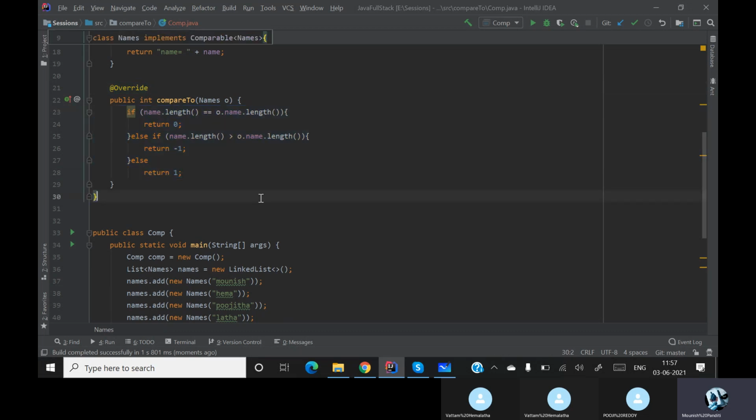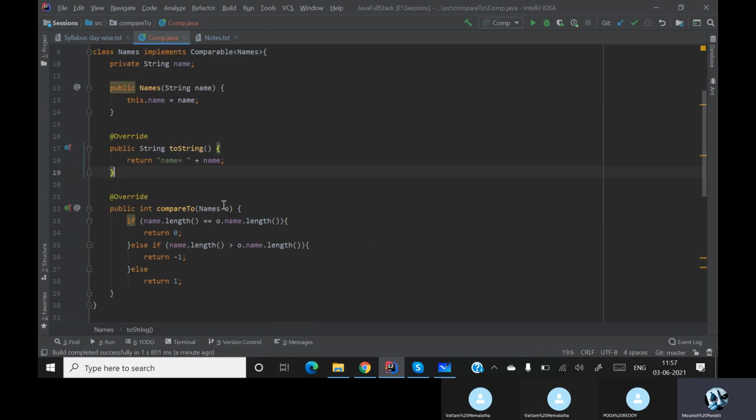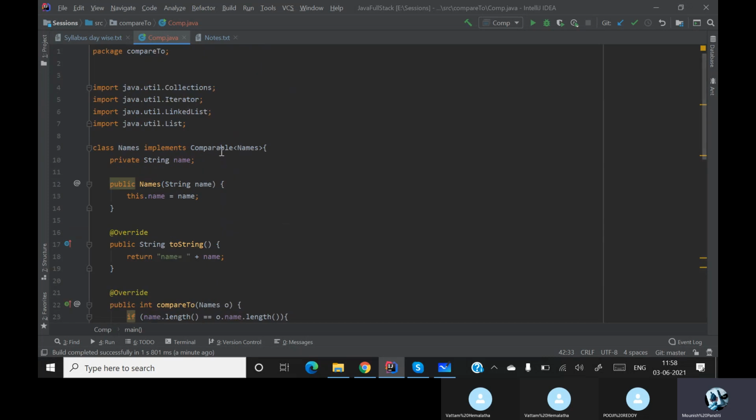I am tweaking the complete compareTo method. That is the use of Comparable, an interface having a method called compareTo, where I can tweak my sorting algorithm. I can sort it with the help of the names, the alphabets, numbers, ascending, descending, whichever sorting mechanism I want, I can do it with the help of Comparable.